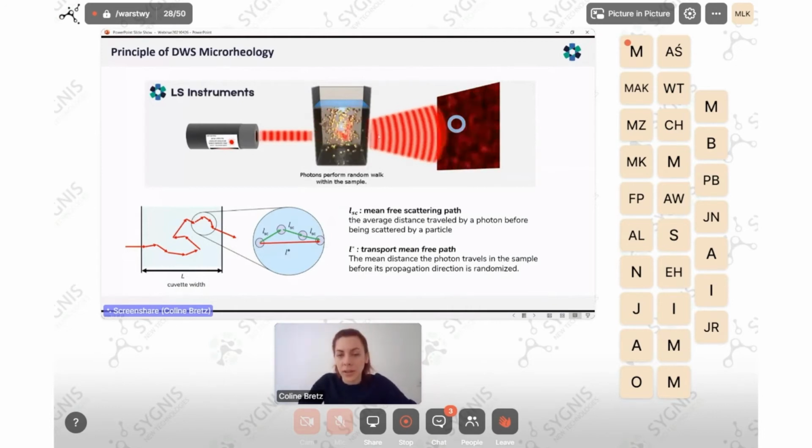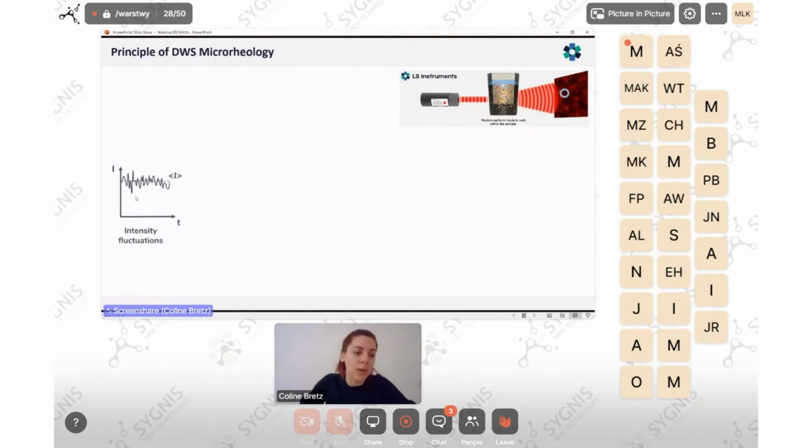Then when the photons exit the sample in transmission mode, we're going to analyze the light scattered by the sample, and we're going to focus on a single speckle. So we're going to look at this zone and check how the light fluctuates as a function of time. So we get the intensity fluctuations, intensity versus time. In a similar way to DLS, we're going to compute the intensity correlation function. Importantly, in this intensity correlation function, there is multiple light scattering information, which is what we want to get